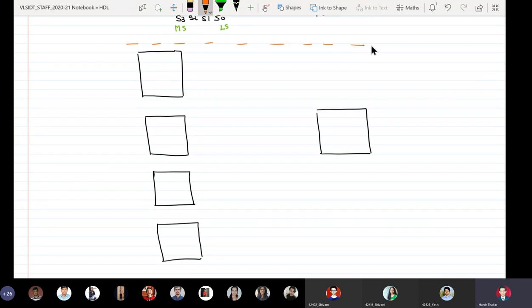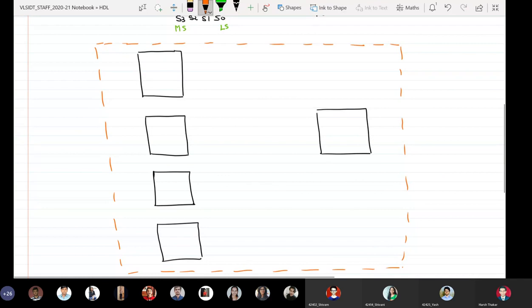This boundary will represent our parent entity 16:1 mux.